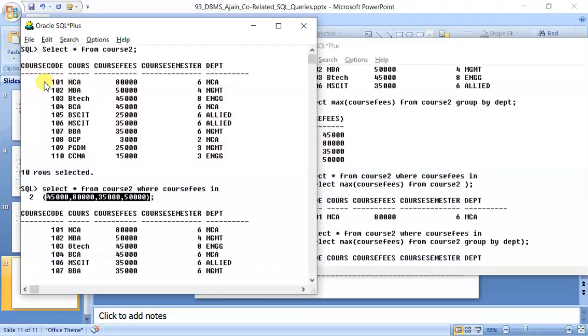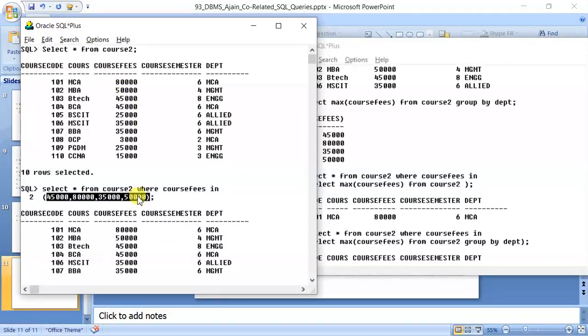So when Oracle reached this course, 80,000, was it in the list? Yes, it was in the list. It was displayed. Then Oracle scanned the second row, 50,000.